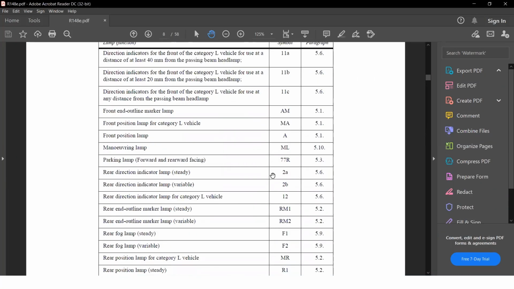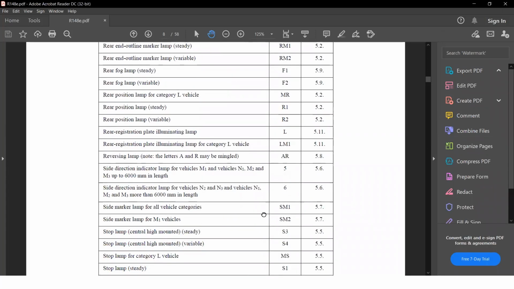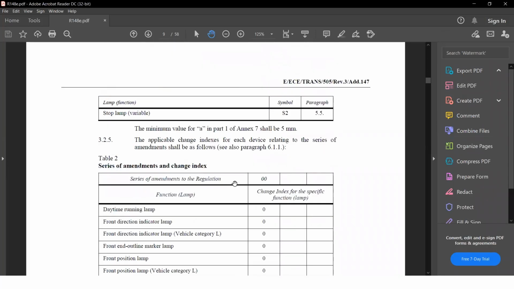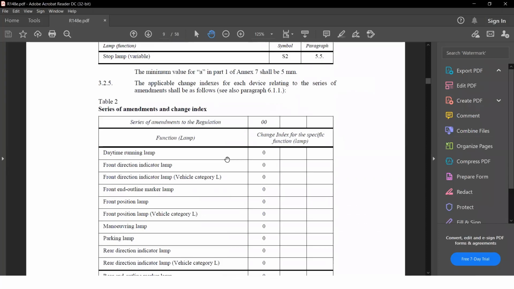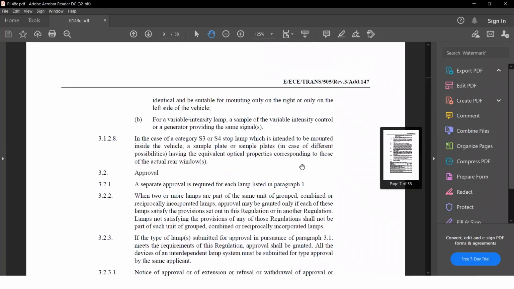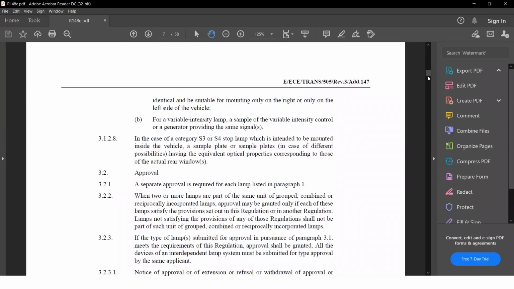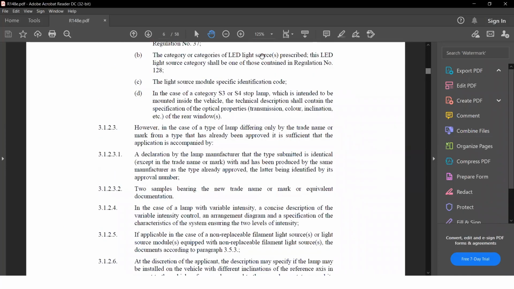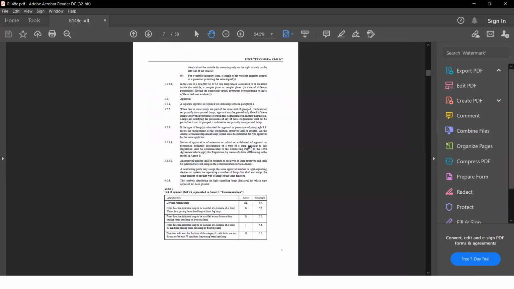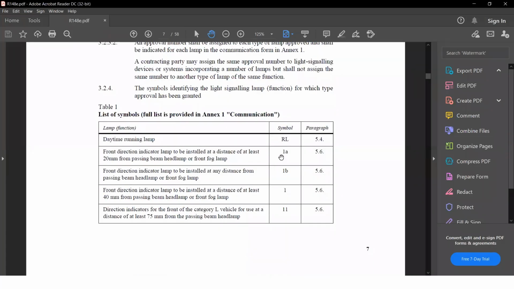There are multiple categories. You can go ahead and choose what type of category you are having or you are designing. While designing, many of the OEMs already mention that my lamp is coming under 1A category or 1B category or 1 category, and accordingly you have to design the light. And 1A category, basically,